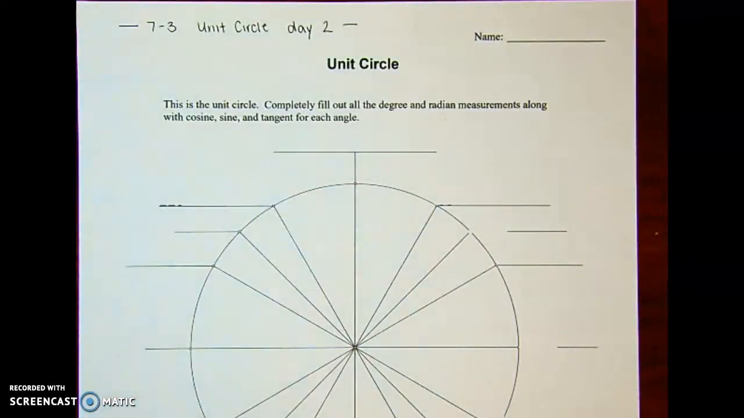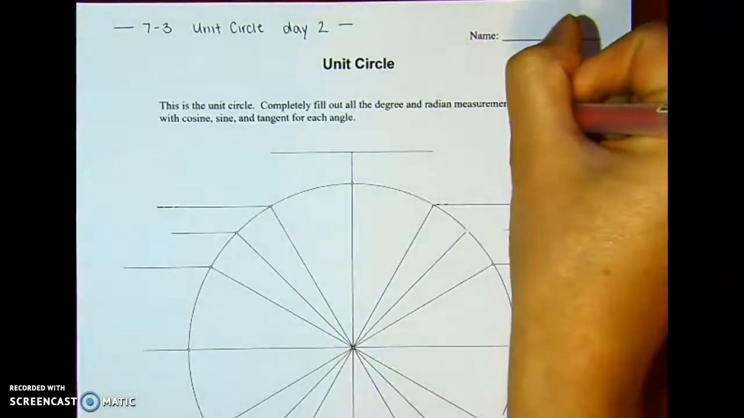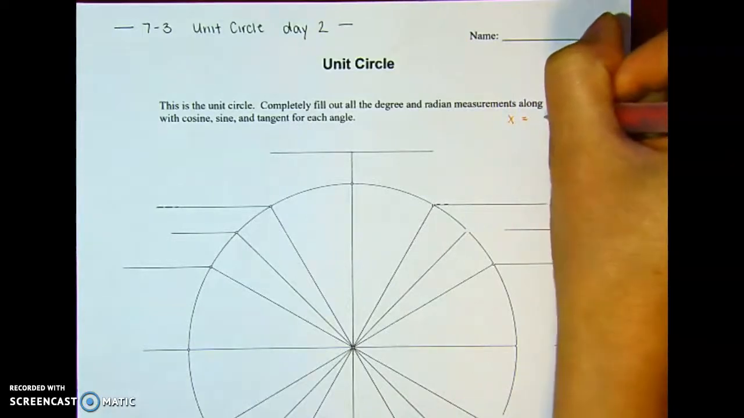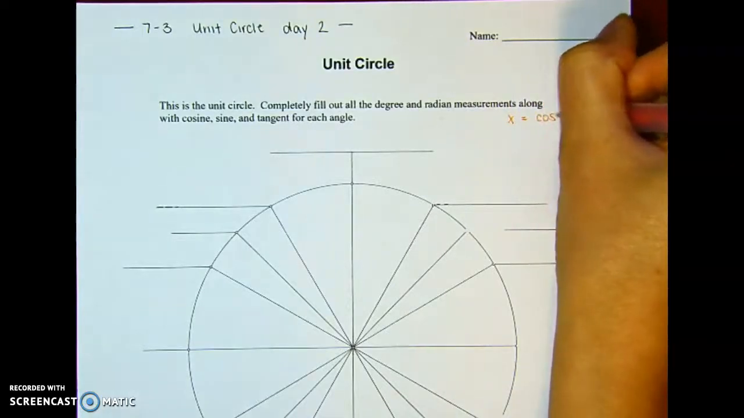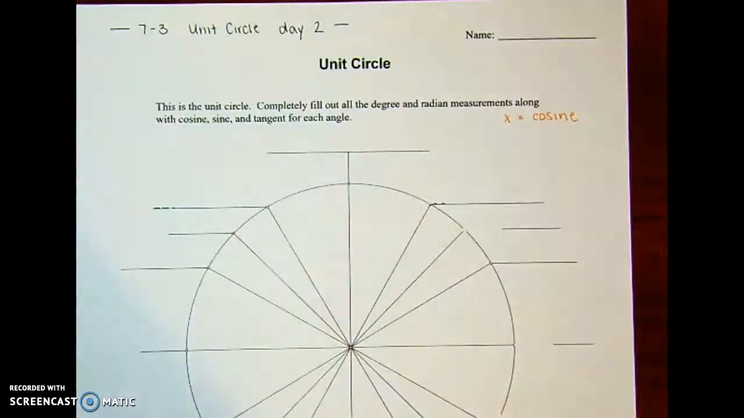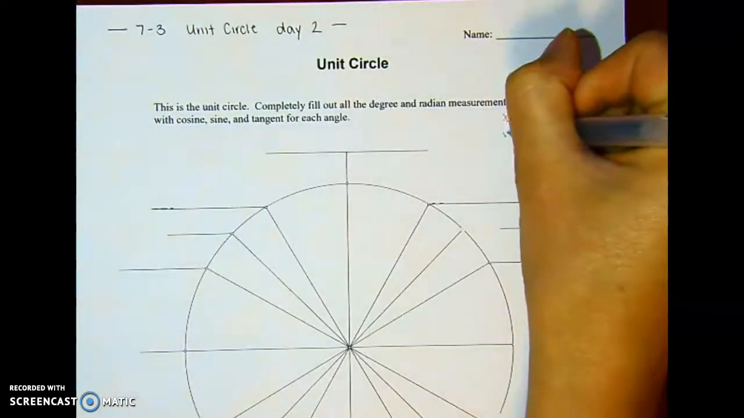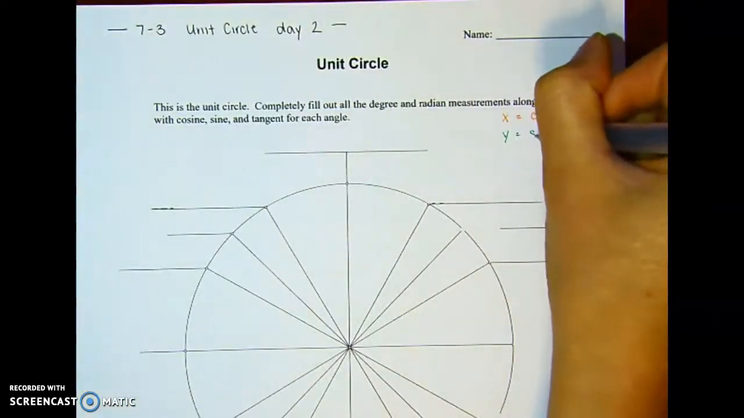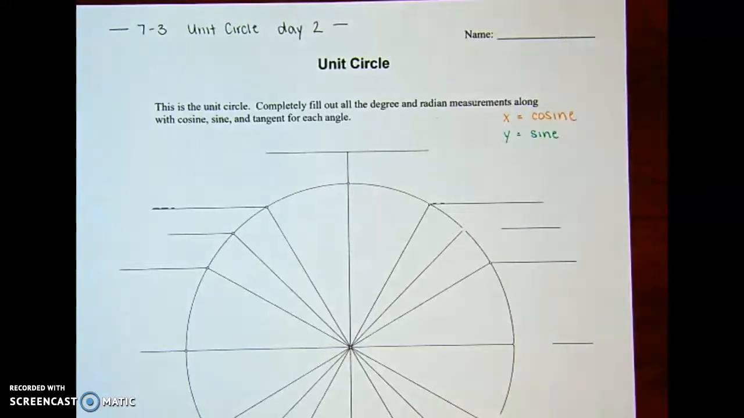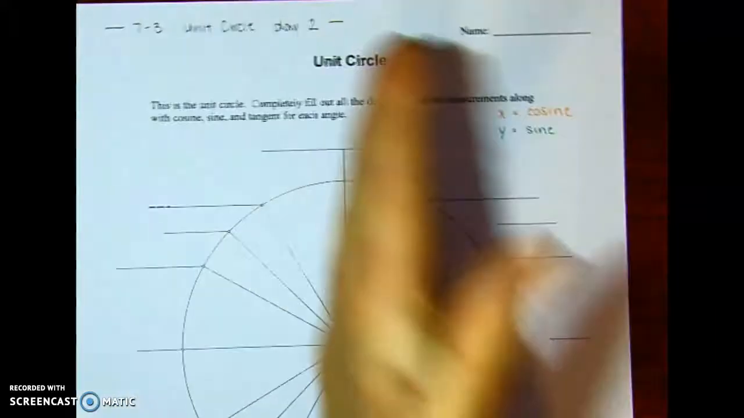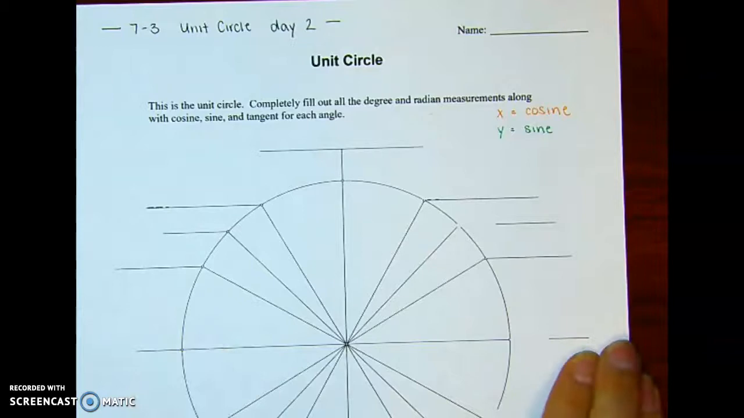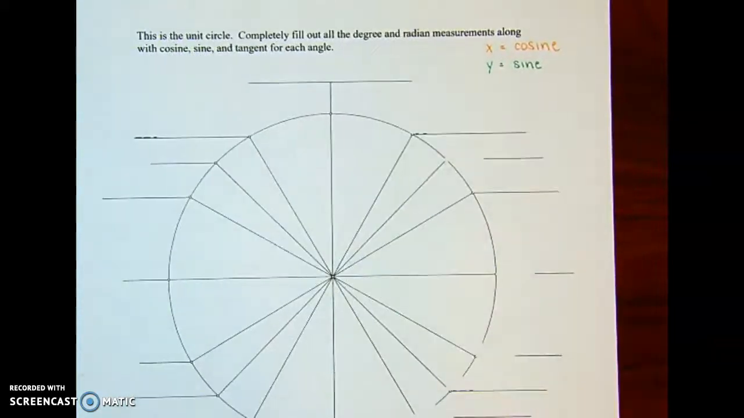So before we start, let's remember that x coordinates are going to be equivalent to cosine. We talked about that in our last video. And our y values are going to be equivalent to sine. Okay, so this is a coordinate plane. So if we want to go through with degrees and radians,